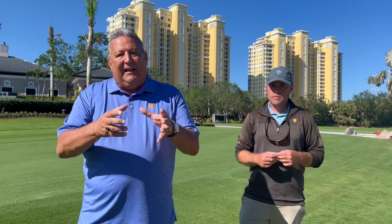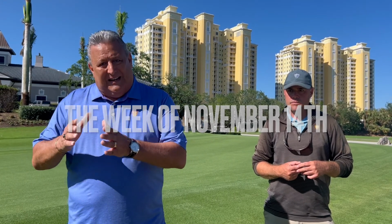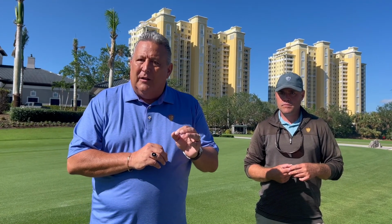We want to go ahead and close with when we're going to get you out enjoying the golf course. First, I want to start by saying that we take it very seriously, protecting your asset as well as providing you the opportunity to enjoy your asset. And so we're balancing that right now. So we don't want to get you out here until the golf course is ready to accept the play, but at the same time, we want you out here enjoying it. The golf course will open the week of November 14th. The exact definitive date will be given to you no later than Thursday,